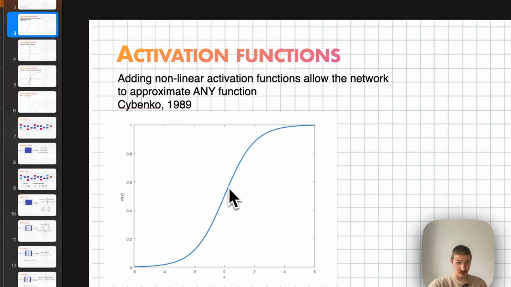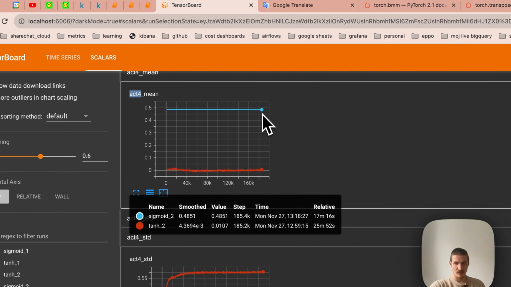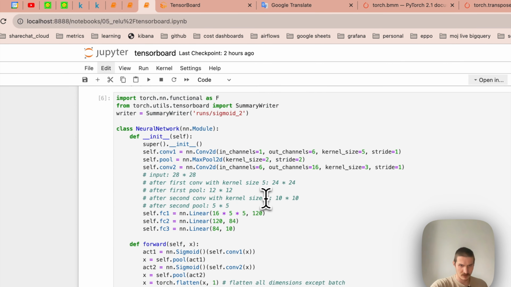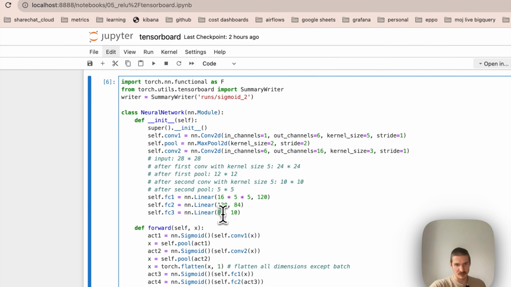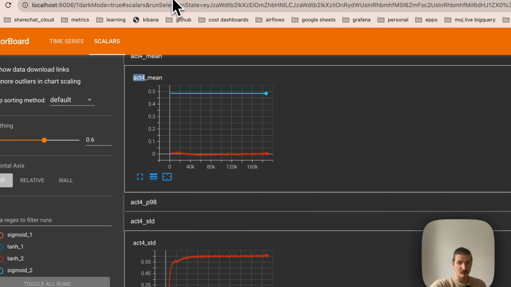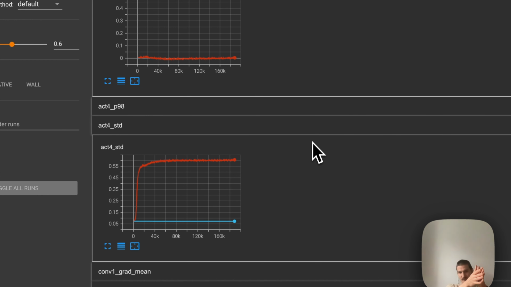Just to remind you, this is not the saturated mode. However, it's still a problem because it's above 0, and we actually want the mean of the activation to be somewhere around 0. Otherwise, if you have this huge matrix of parameters, in our case, the final matrix is going to be 84 times 10, right? So if you have these 84 numbers, each of them significantly above 0, roughly 0.5 in our case,